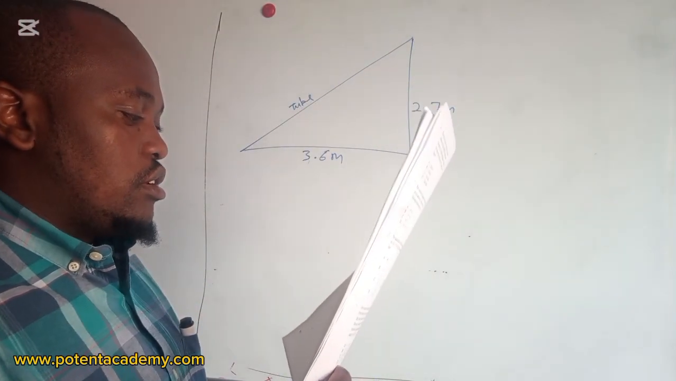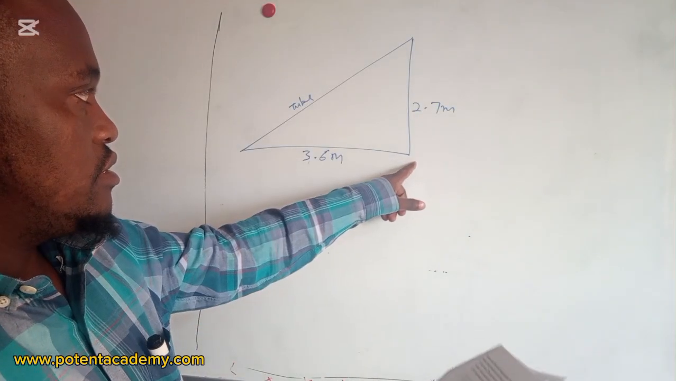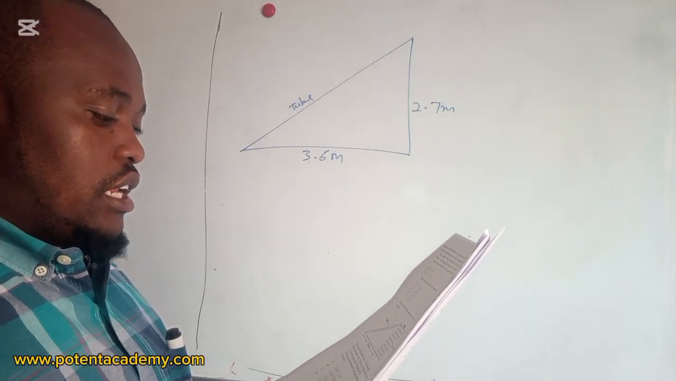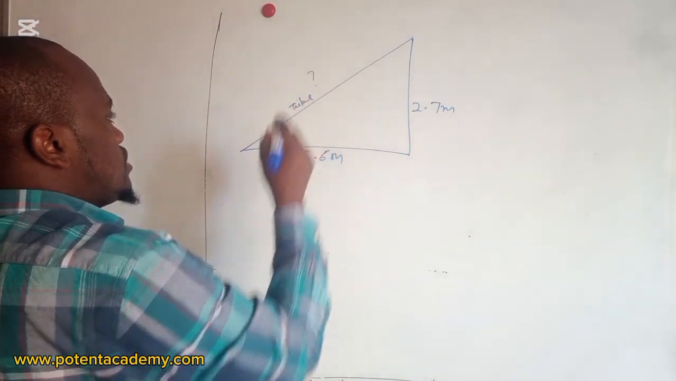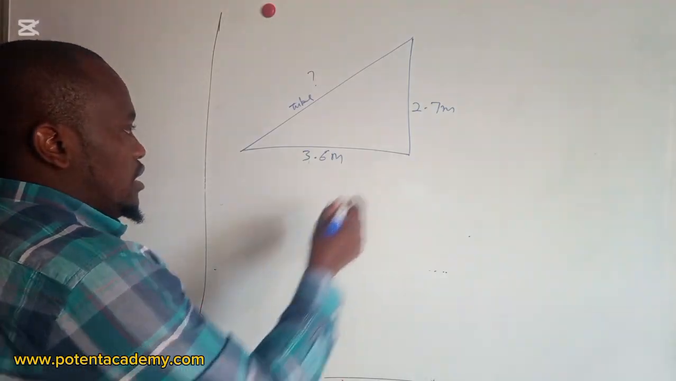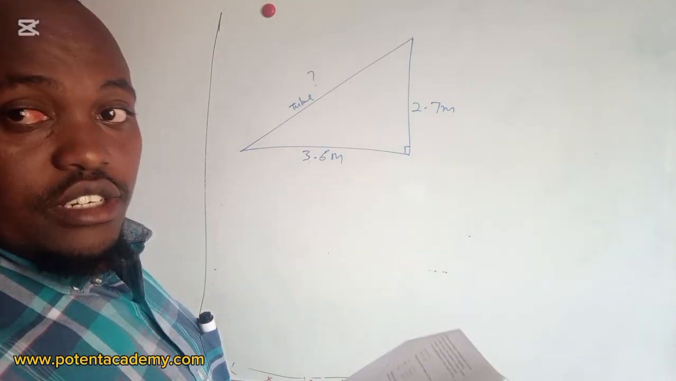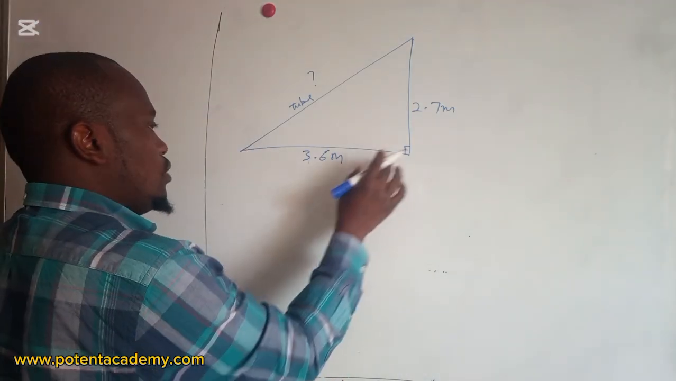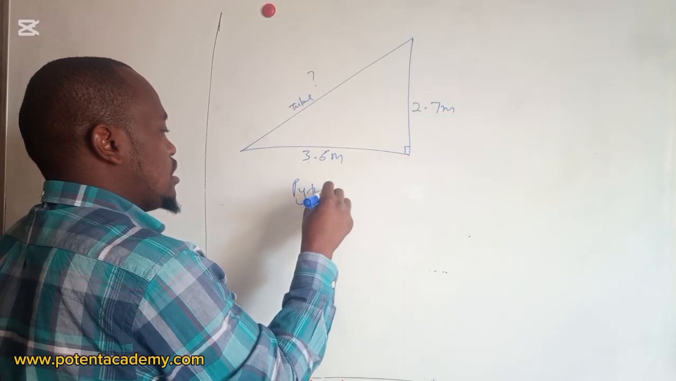The foot of the tube was 3.6 meters from the wall. Which of the following calculations will give the length of the tube? So you want to look for the length of this. We know this is right angled. We assume that the wall is vertical to the ground. So when you see this, you use the Pythagoras